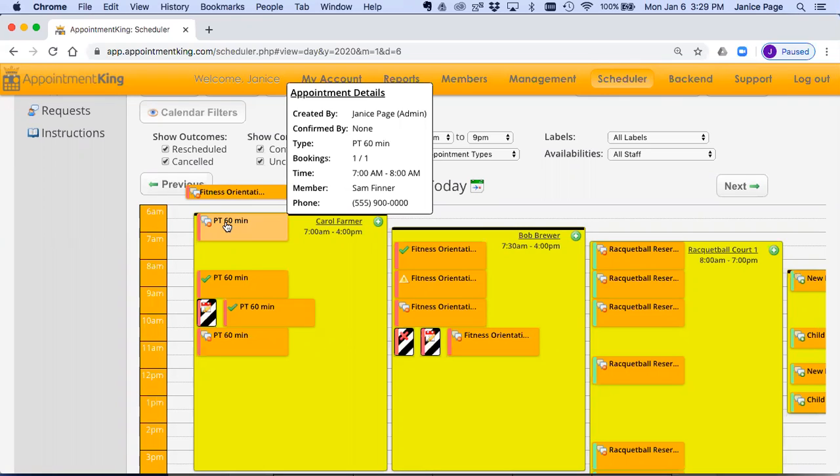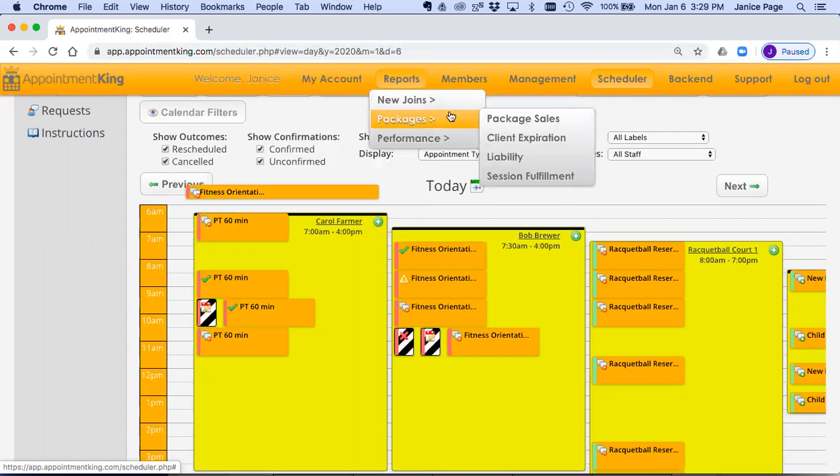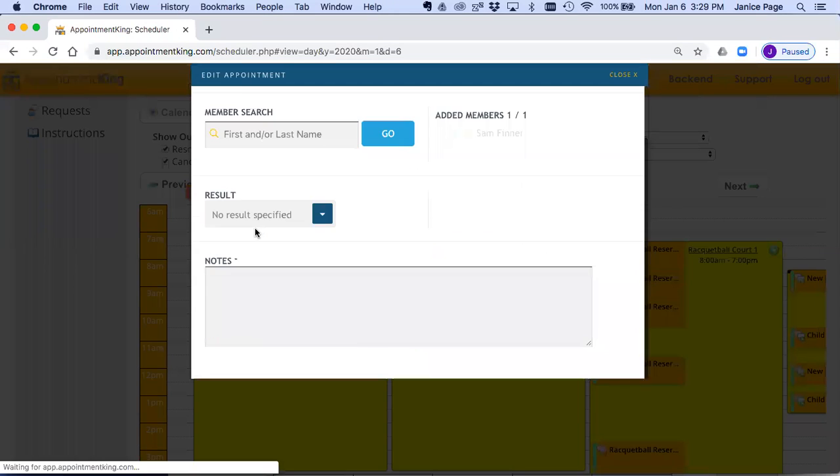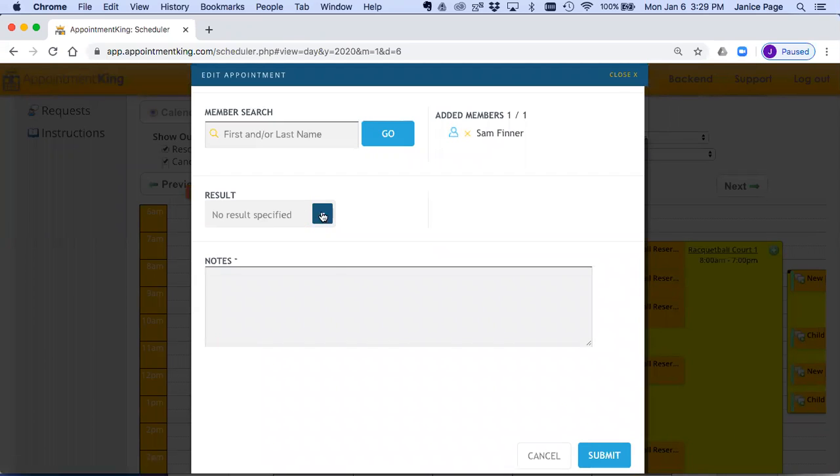I talk about resolving appointments. I mentioned it when we did the fitness orientation. It's very important to resolve the appointments. It's extremely important to resolve appointments, especially when they are attached to packages, because the only way any of these reports are going to be accurate is if the package is completed, and completed means that we have to resolve those appointments. So I'm going to come over here and I'm going to click on this appointment,